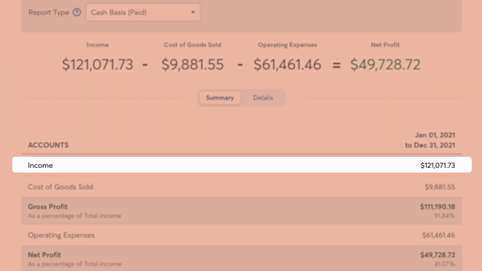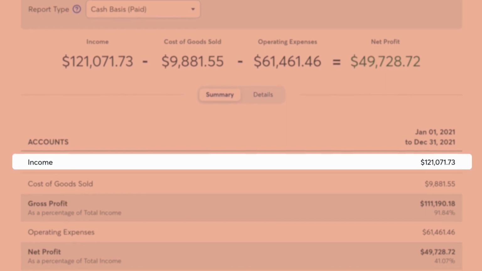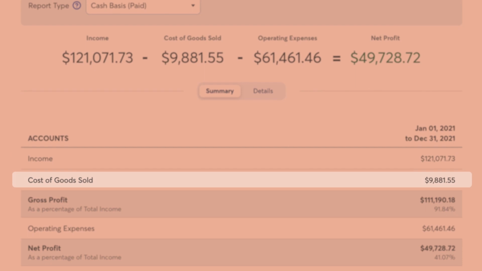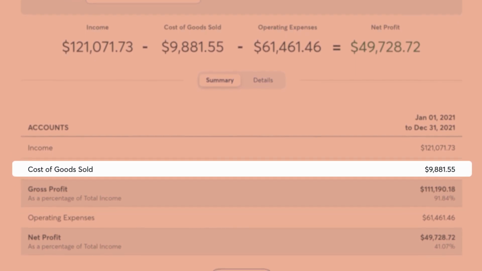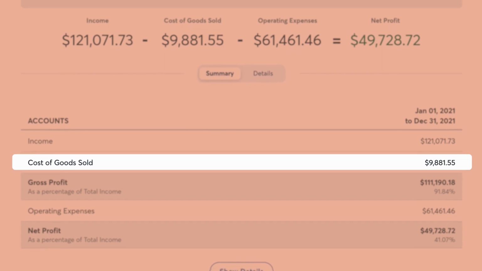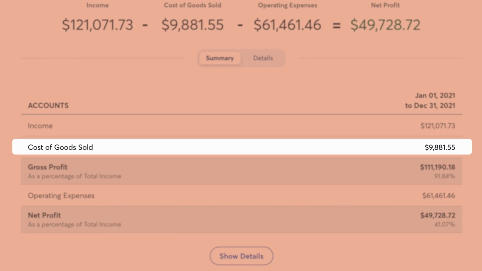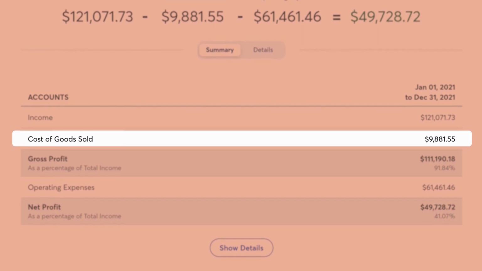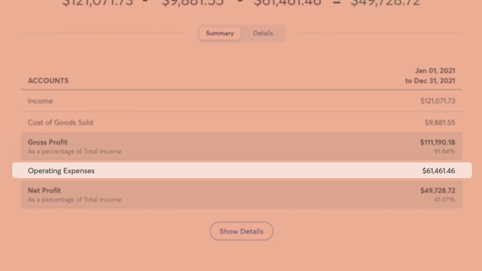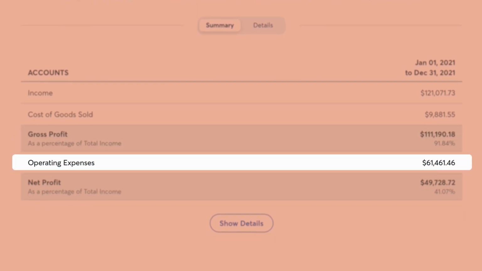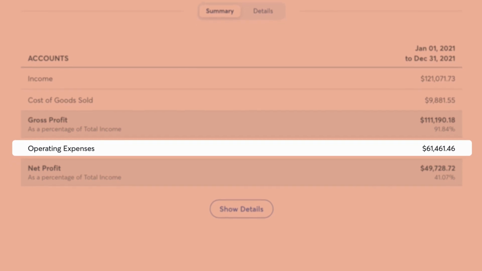At the top of the report, we start with income, which is the same thing as revenue. This outlines how much money you're making. Then, there's the cost of goods sold, which is how much it costs to make the products you're selling. In this case, it's mainly materials and subcontracted services. Now, we take the revenue, aka the income amount, and subtract the cost of goods sold to get the gross profit number. Below that is a rundown of all the operating expenses you're incurring. This includes things like computer software, insurance, meals and entertainment, and office supplies.